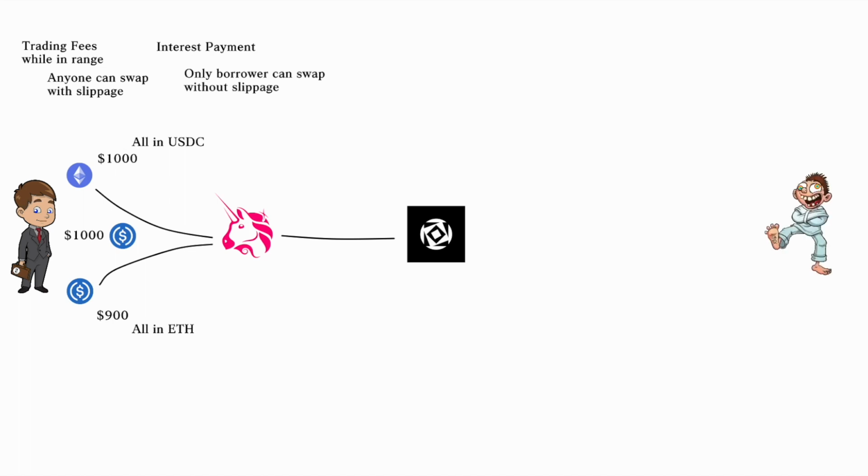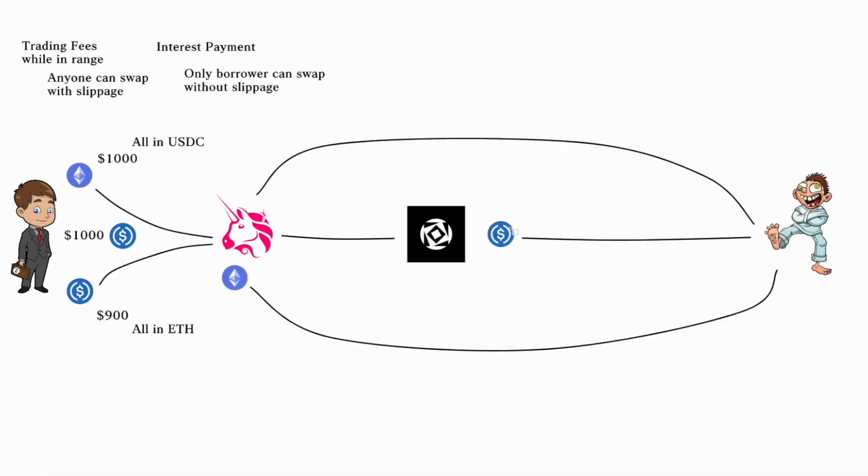So along comes Boosted Bill. He wants to do some leverage trading. He wants to do long ETH or something like that. So what does he do? He comes along and he borrows the USDC. So let's say right now the price is still 1,000 USDC for ETH, and he's put these numbers. So he only has USDC in here right now. He's got $1,000 of USDC, and Boosted Bill will borrow it, take that USDC, buy ETH with it, and then hold ETH. So now he's long ETH with $1,000 roughly, right?